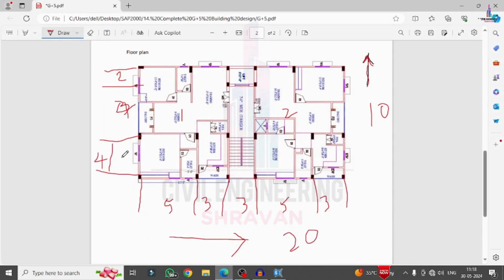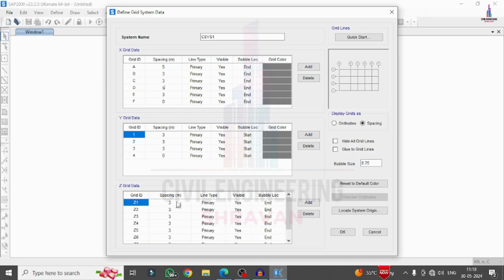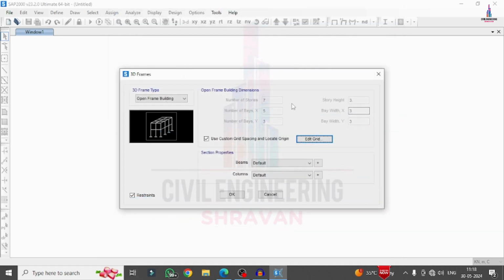Again in the vertical direction, y direction, we will take 4, 4, 2. So here I am taking this vertical direction distance as 4. Let us consider this is 4. This is also 4. This is also 2. So select this. Click on OK option. After this we have to check the Z direction distance also in height direction. Click on OK option.